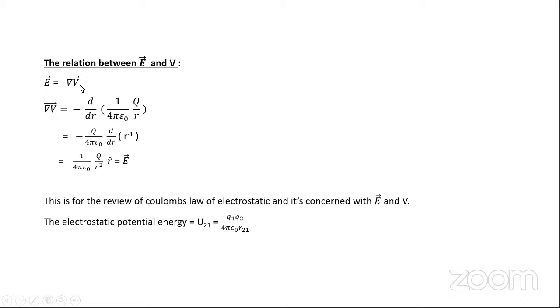Now V is a scalar quantity. Therefore, if you take the gradient of V, then it will be E. So let us take the gradient of V. Here we are having one dimensional gradient, so it is minus d by dr of that V, so it is 1 upon 4 pi epsilon 0 Q divided by R. And if